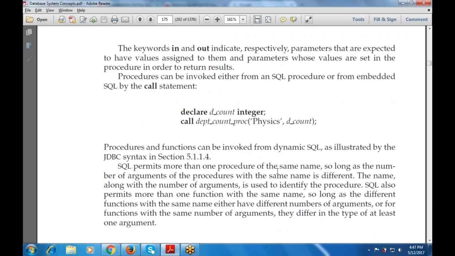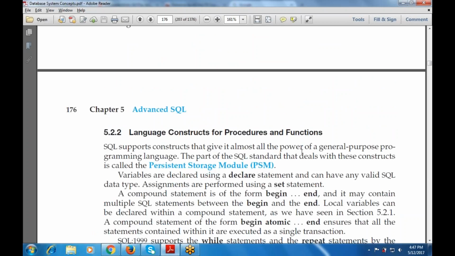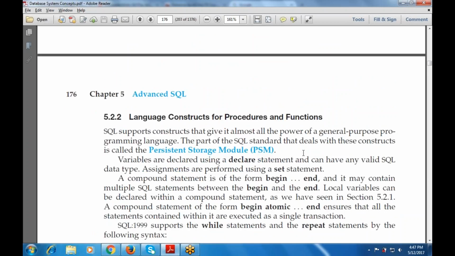Procedures and functions can be invoked from dynamic SQL, and SQL permits more than one procedure of the same name, as long as the number of arguments of the procedures with the same name is different. The number of arguments is used along with the name to identify the procedure. SQL also permits more than one function with the same name, which is known as function overloading. The language that is used for procedures and functions is known as PSM, persistent